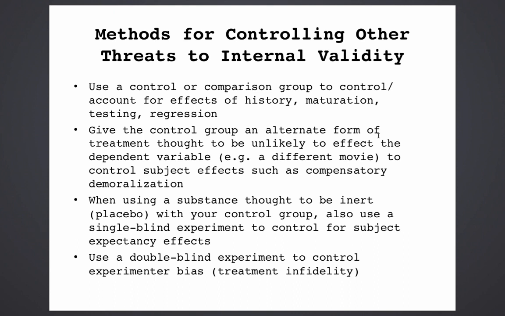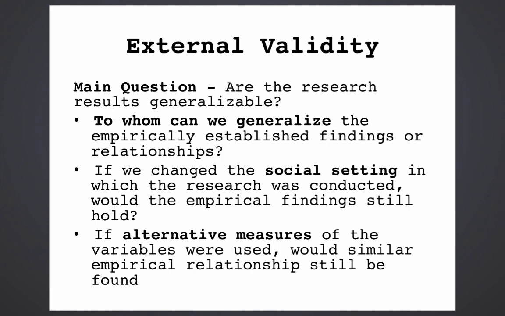So you know about all of these things. You can start to critically evaluate educational literature based on all of these issues, and then make suggestions for better designs, or make suggestions for how we need to adjust our interpretations of certain results because some of these threats may be present. So moving on to external validity, the main question here is just basically, how far can we